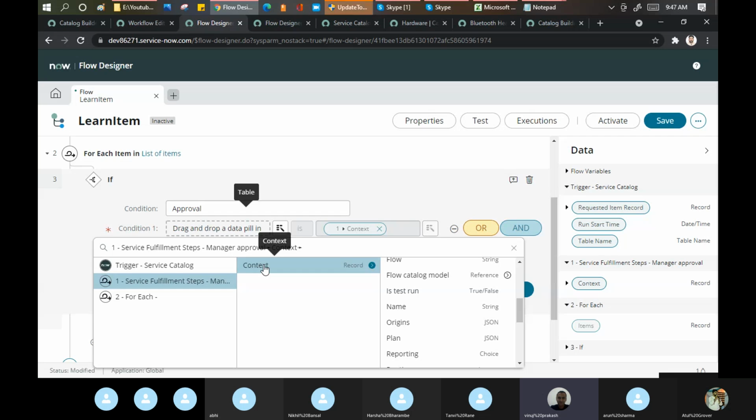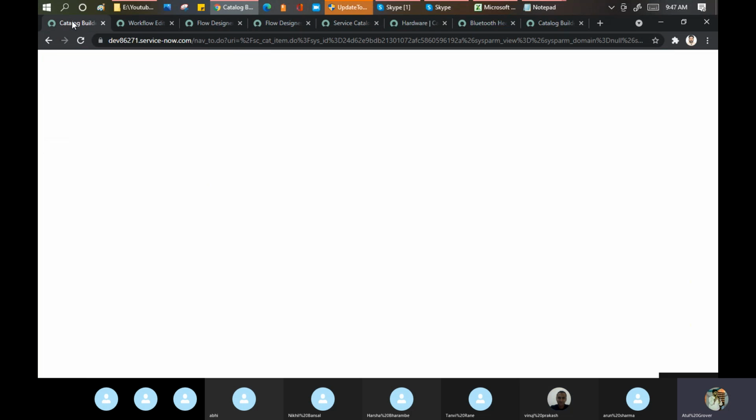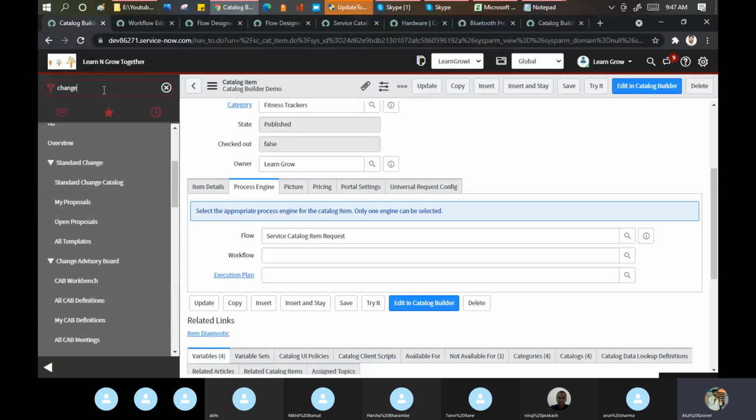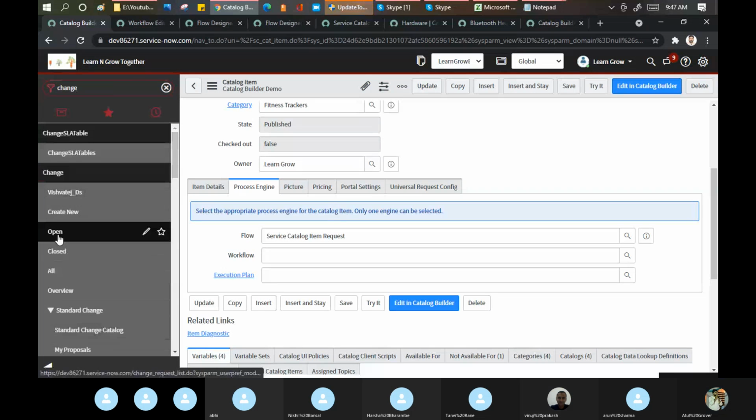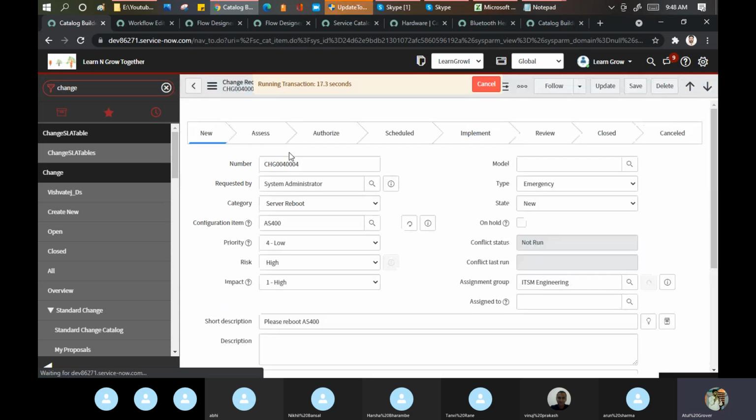Is there a way to identify whether it is designed in the workflow or the flow designer? Yes, when you run any record, suppose let me open a change record here. Let me open an emergency change. Give it a minute.